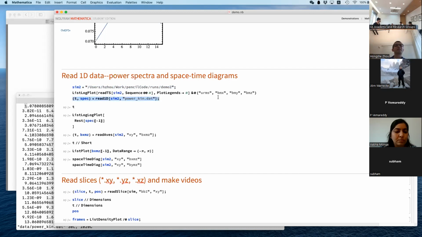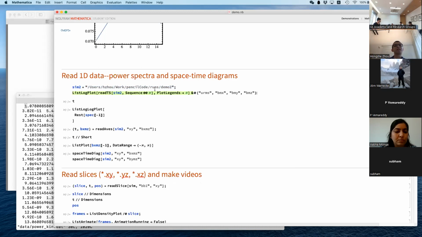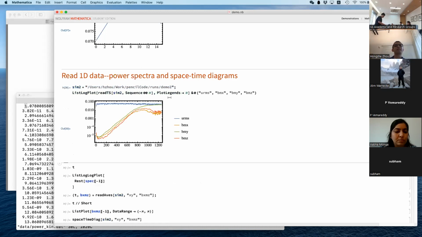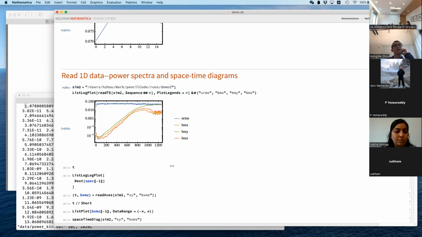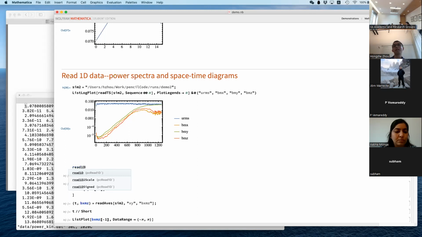Right, so in the second line here, I'm just plotting the time series: RMS velocity, BMX, B1, the YZ averaged field, the XZ averaged field, and the XY averaged field. In this case, the dominant one is the second, the XZ averaged magnetic field. Then I want to read, for example, the